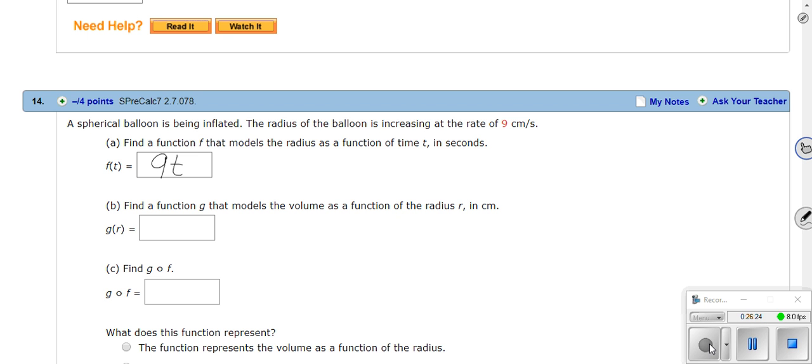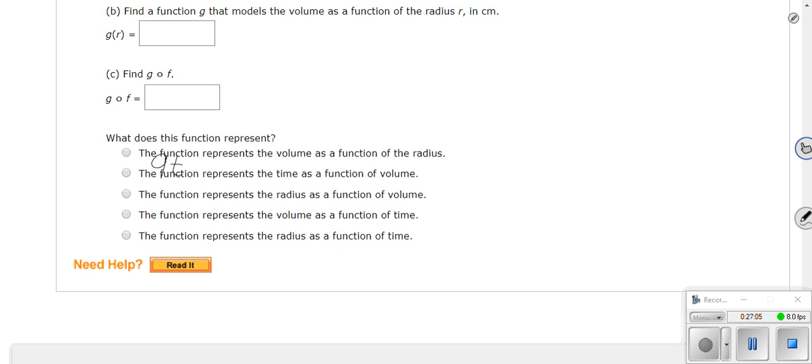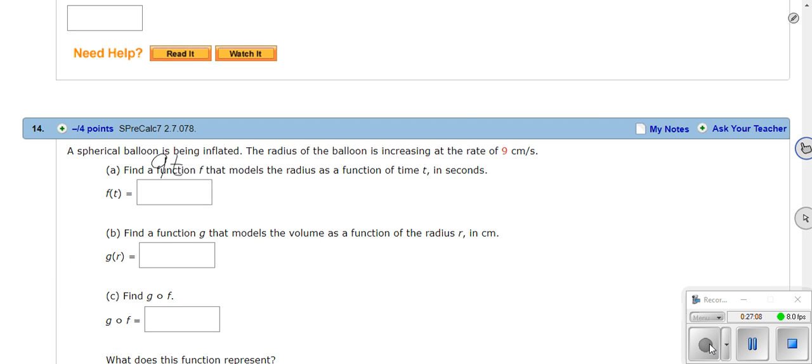Now, volume, I'm not going to do this one for you, but you may want to look up the formula for the volume of a sphere if you don't remember it. Actually, I would probably have to check myself on Google as well. I think I know it, but I'll make you guys look it up. That's where part B is going to come from. Again, it's using radius r, but then they want you to find g of f. So if f is modeling the radius, then they want you to put the 9t into the g function. Pretty straightforward, I think. And that's it. All right. Okay, hope that